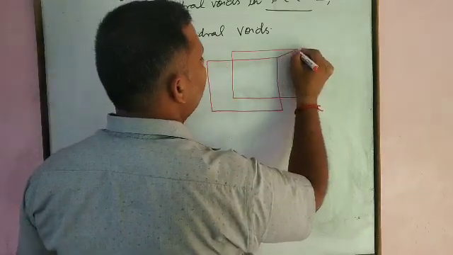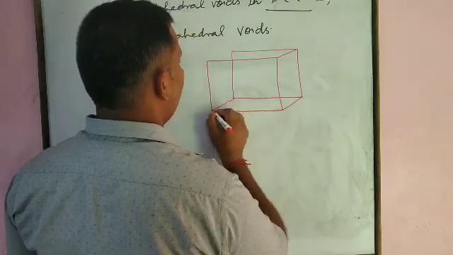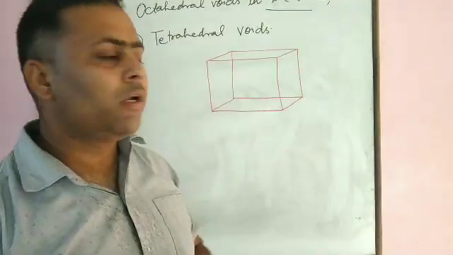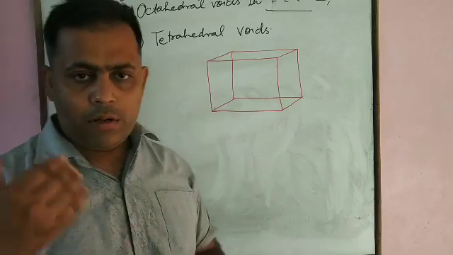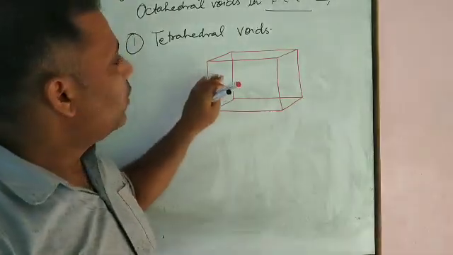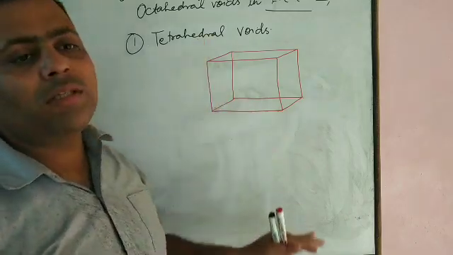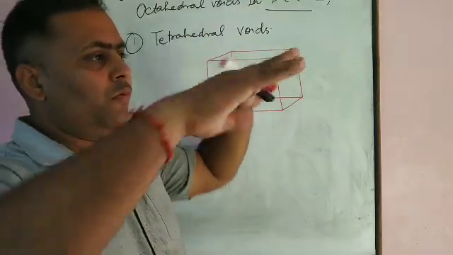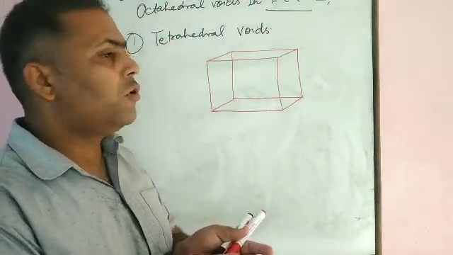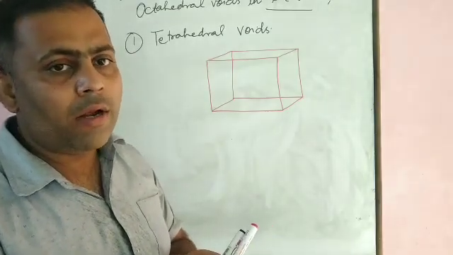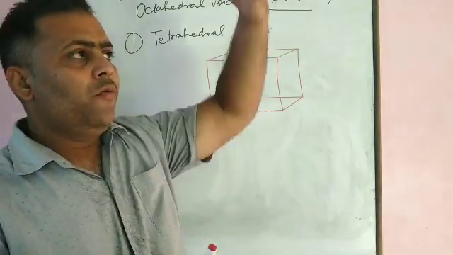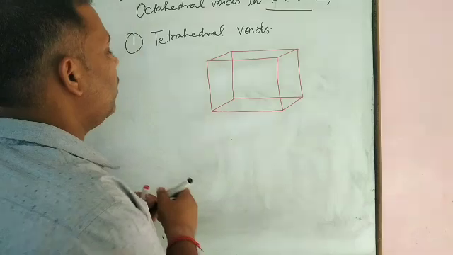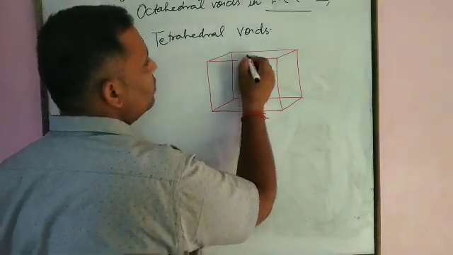when we joined it, then if you want to get where the tetrahedral voids are located, we can imagine dividing this cube into 8 equal parts. Suppose this one is the cube, then we have to divide it into 8 equal parts. In order to divide it into 8 equal parts, first we divide it like this, then like this, and dividing from here. When we divide from here, let us see.